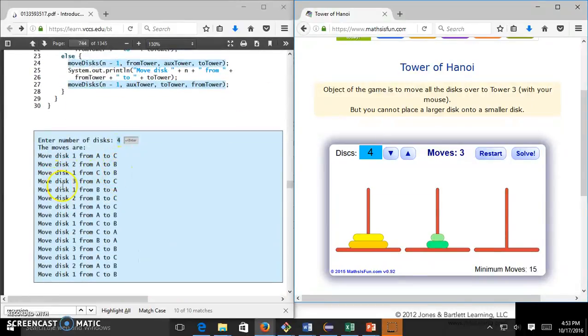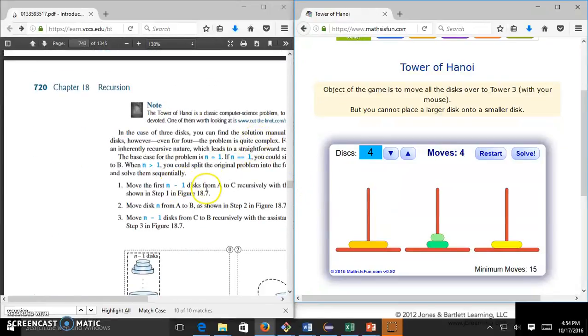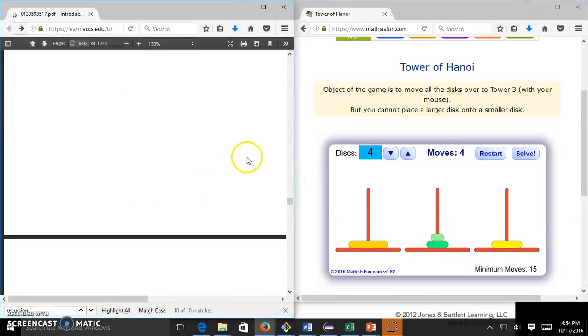Now we're going to do it again. From this 3, move the 3 disks, repeating, starting over again, from A to C. So that's the first one here, A to C. And then we have to move, can we move A to B? Nope, because